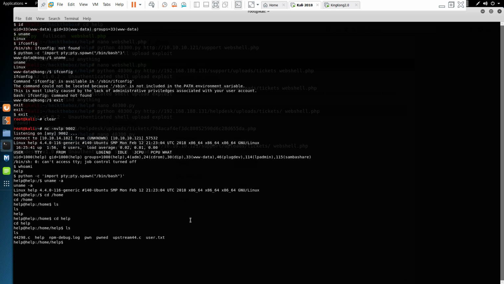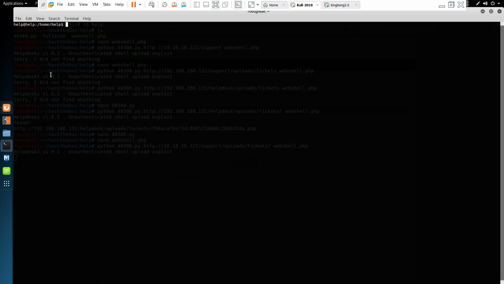So that appears to be it for user. So I could do export TERM equals screen, and I should be able to clear screen. Right. So now for privilege escalation, if we